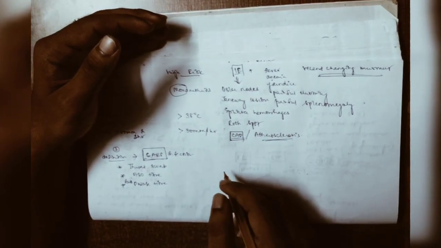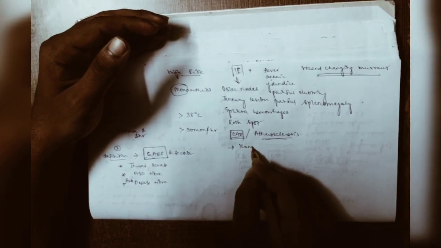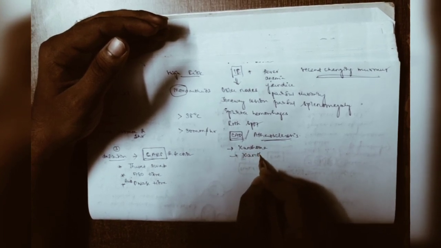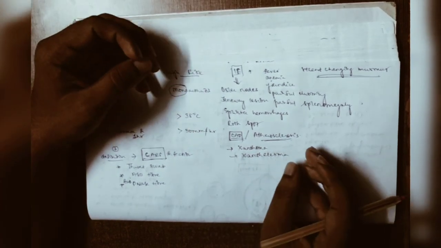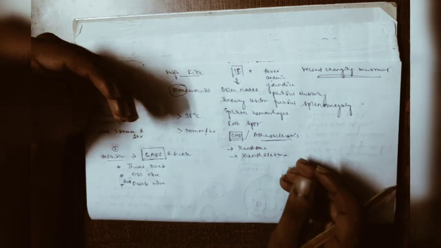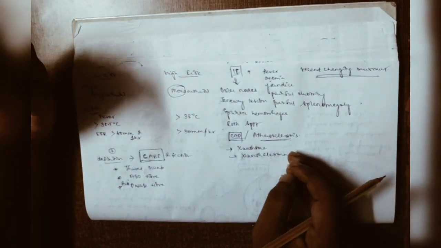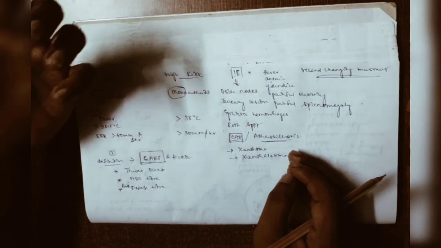So the markers of coronary artery disease or atherosclerosis are xanthoma, xanthelasma, presence of fat or cholesterol near the eyelids. Those are called xanthelasma. And xanthoma could be over the tendons, which is called tendon xanthoma, the collection of fat.